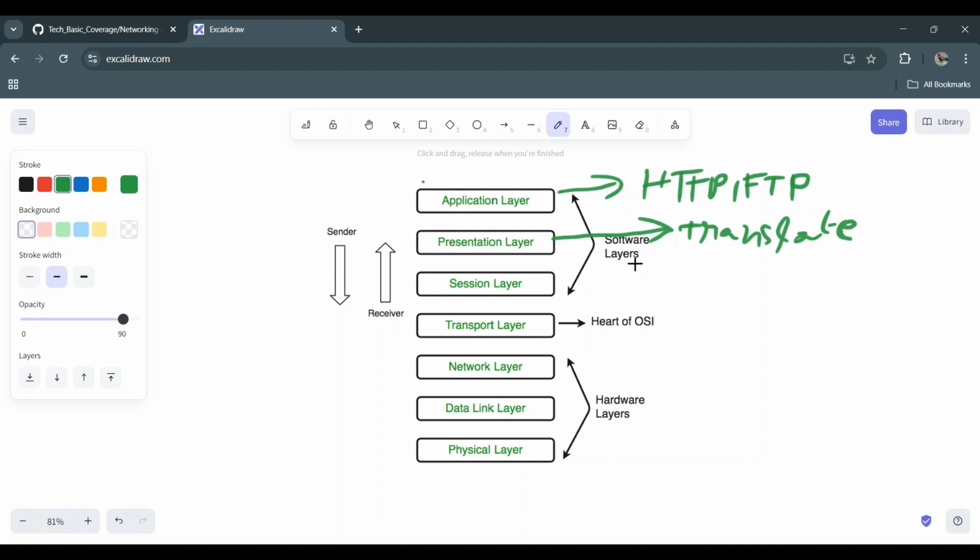So the redundant things that need to be done for further processing are done here in the translation layer. We have protocols like SSL and TLS in the presentation layer, secure socket layer, and in the session layer, connections that are established between the software and hardware